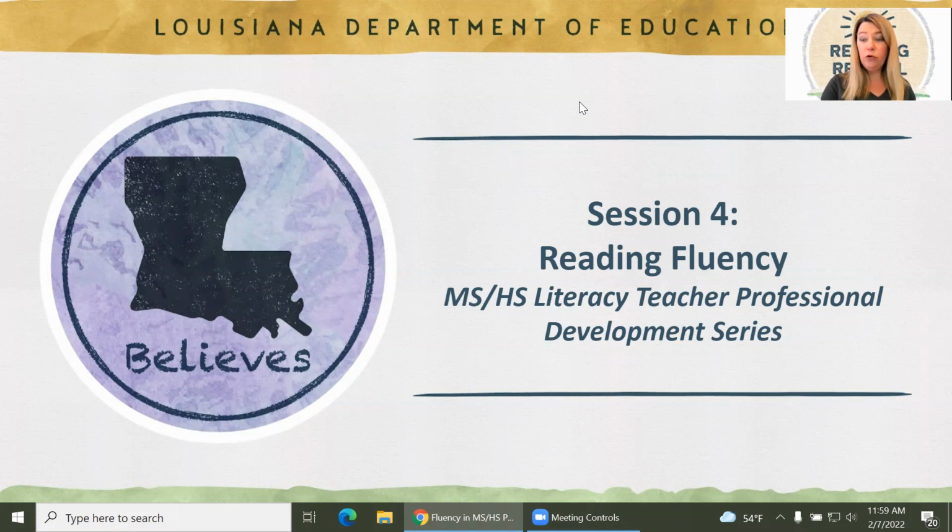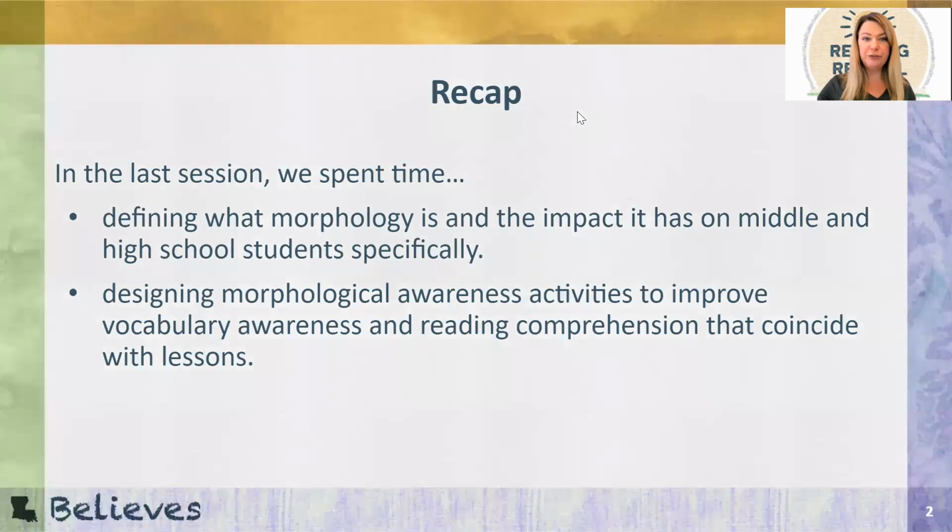Today, session 4 will focus on reading fluency, specifically in middle school and high school classrooms. So in the last session, we spent time defining what morphology is, the impact it has on middle and high school students specifically, and designing morphological awareness activities to improve vocabulary awareness and reading comprehension that coincide with the lessons